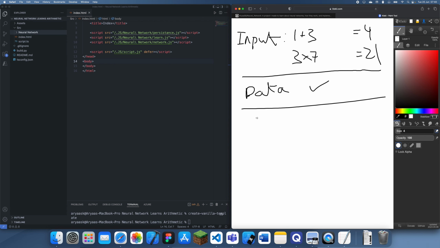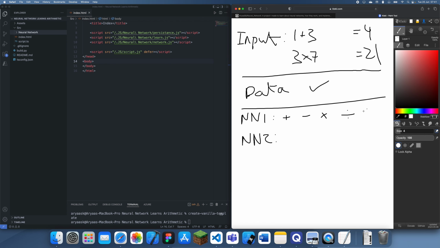Now the next thing we need is how we're going to train it. So what I'm thinking is we have one neural network which just detects the operators which we're going to use. So we pass in a string and its only job is to detect the operators. And then we have another neural network which detects numbers, although I feel this is a bit unnecessary, you know, because once you've split it, I guess